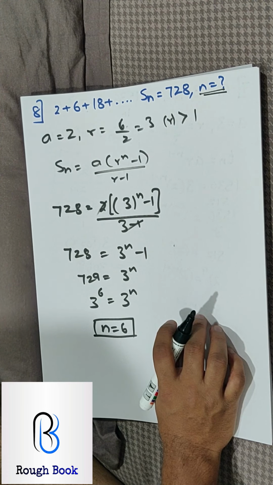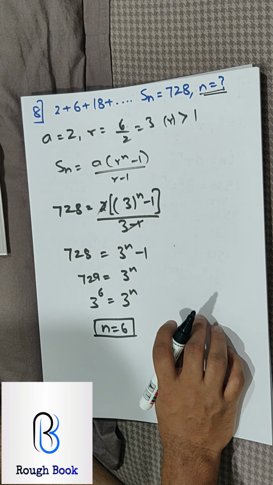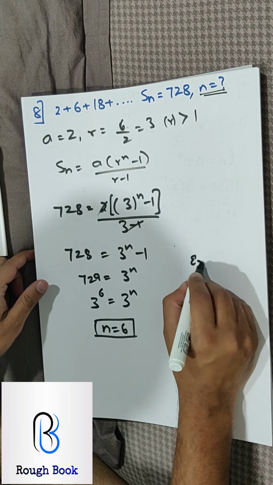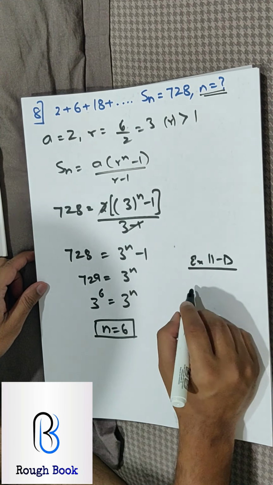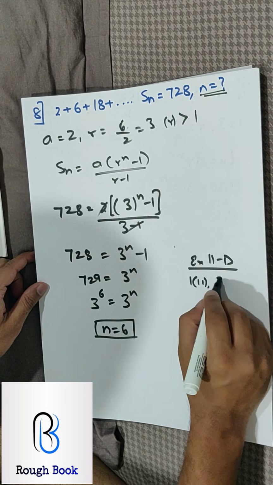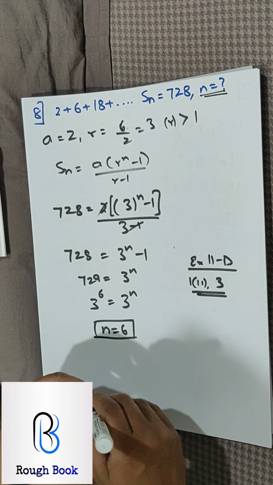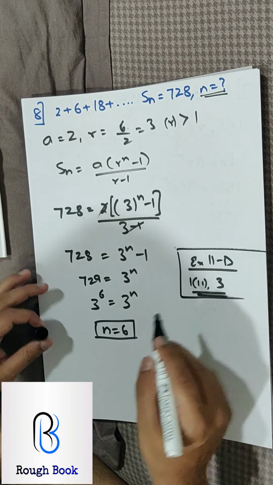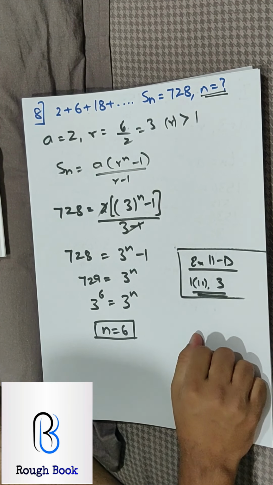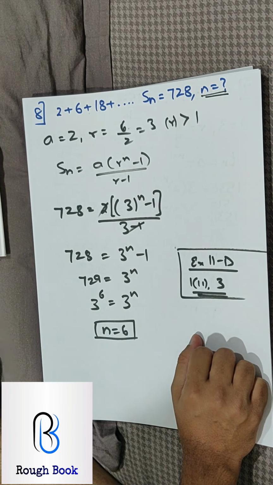I don't want to give you any homework in this. Okay, I can give you one still. Exercise 11D. You can try sum number 1, part 2 and 3. Only 2 sums because rest all the sums we did till here. The next time we meet, that is 11D, we'll try from sum number 9 till 19 and finish the exercise.